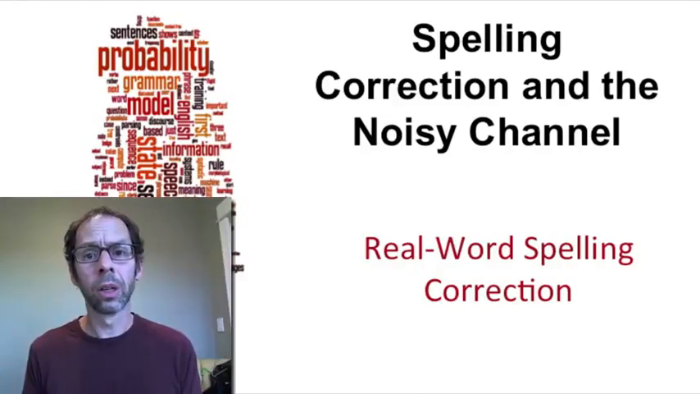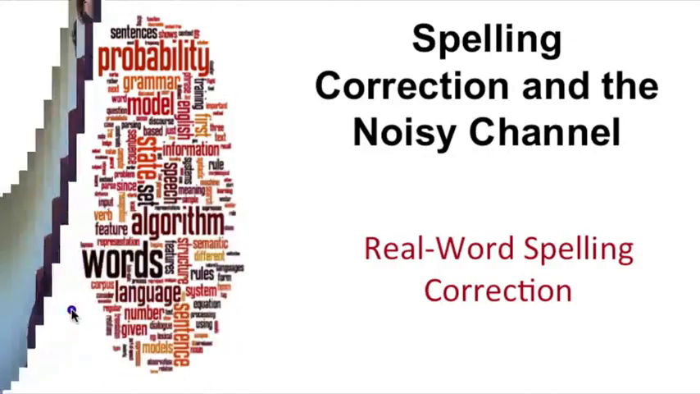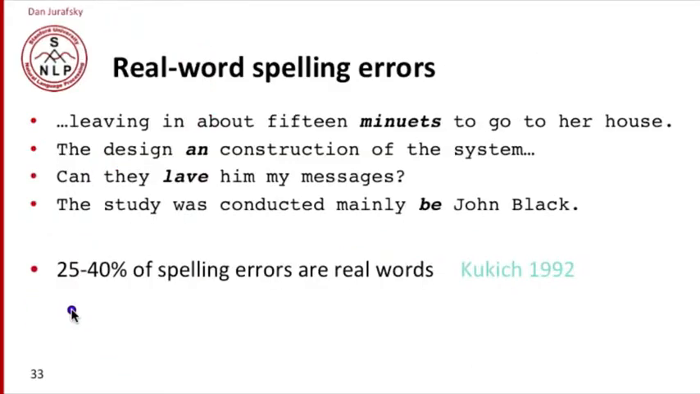We've seen how to correct non-words of English, but what happens if the error produces a real word? This turns out to be a very common problem. Maybe between a quarter and a half of spelling errors, depending on the application, turn out to be real words. In these examples from a classic paper by Karen Kukich,